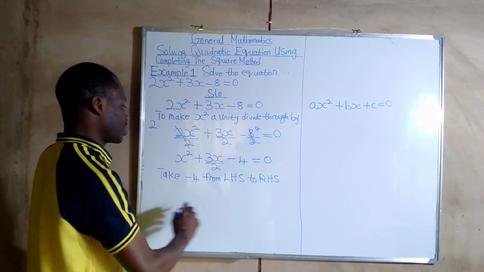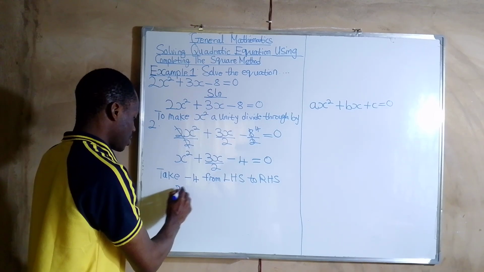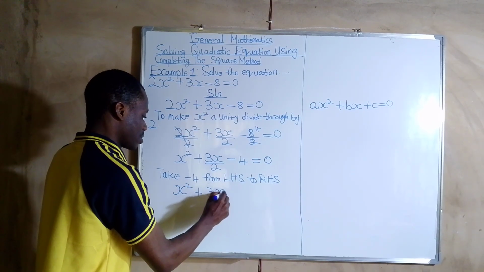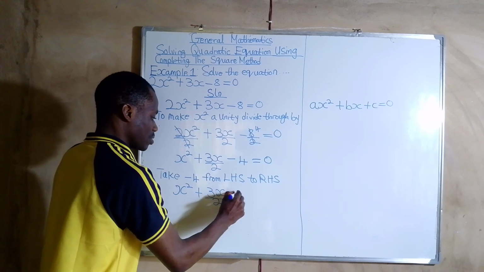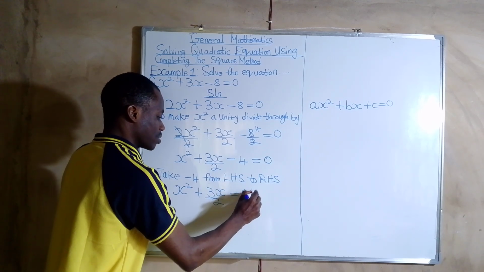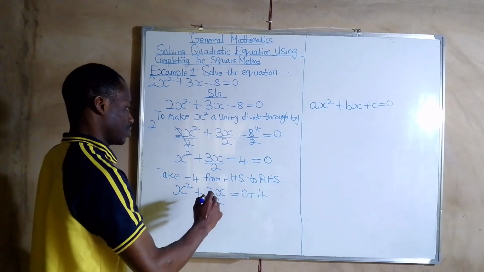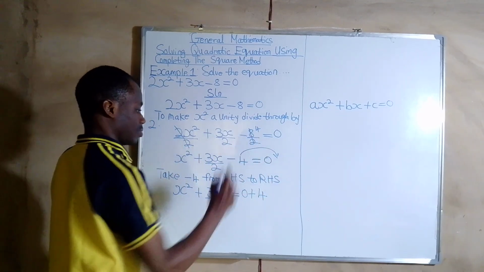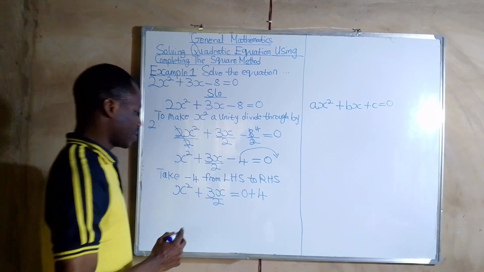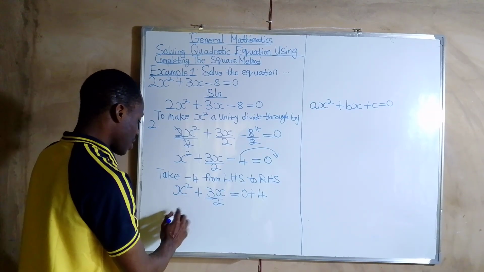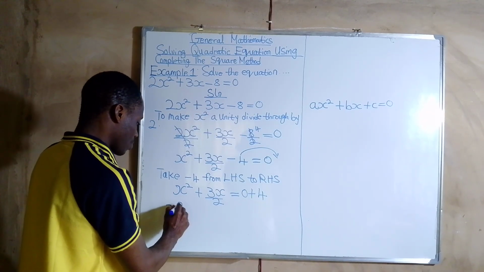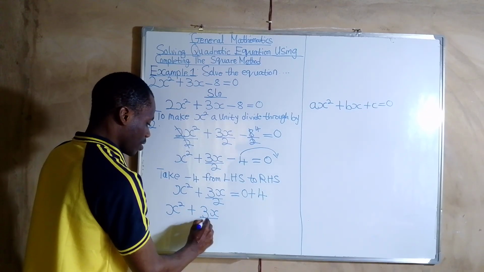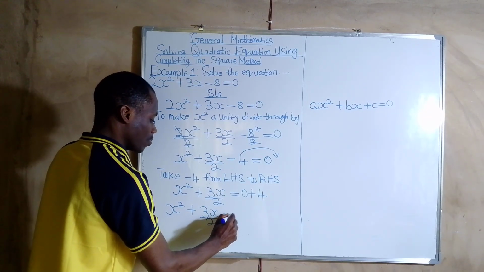If we take it to the right hand side, it becomes x squared plus 3x over 2 is equal to 0 plus 4. Now, rewriting again, we have x squared plus 3x over 2 is equal to